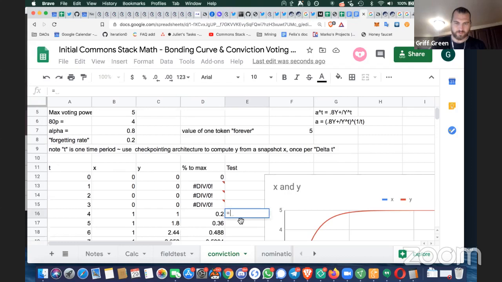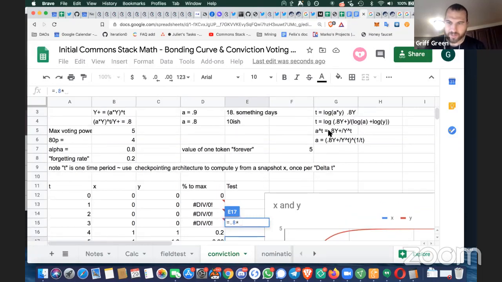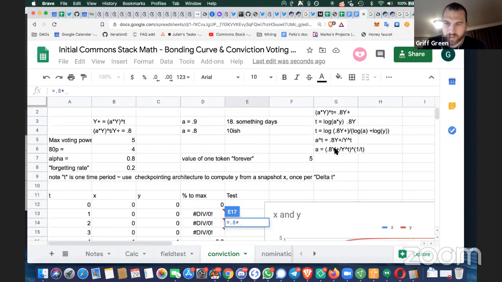So let's start here. Equals 0.8 times, shit, I lost the plus in this math. 0.8 y plus. Oh no, I didn't lose the plus. The plus is there. So 0.8 times, what is this, times